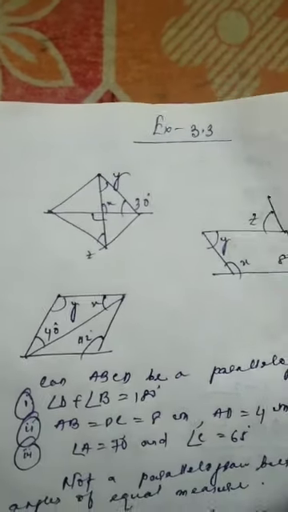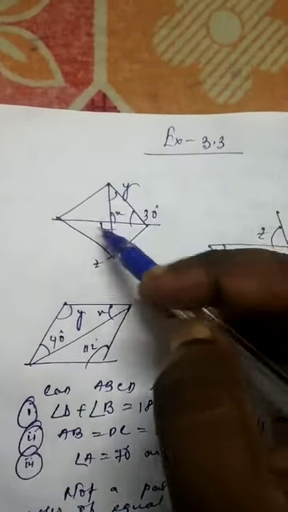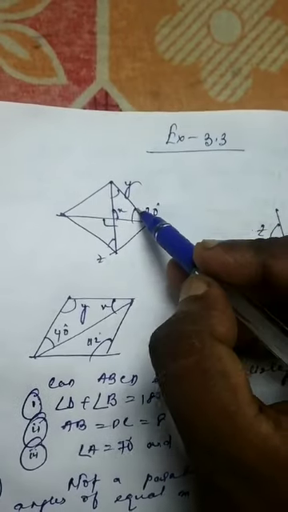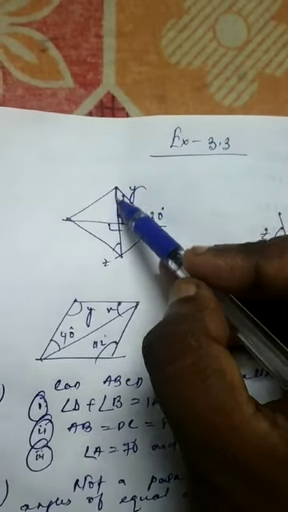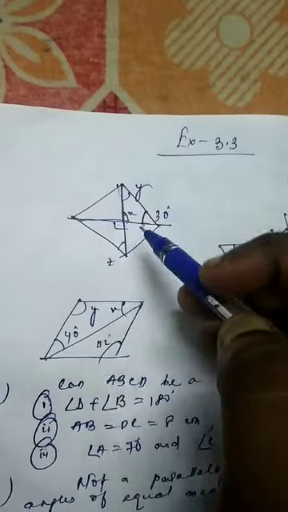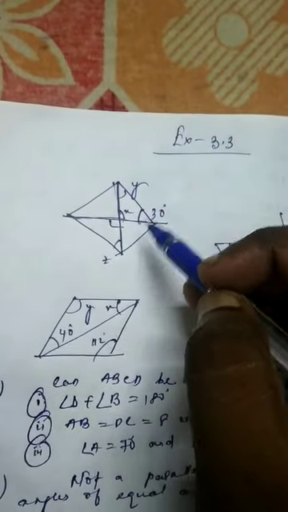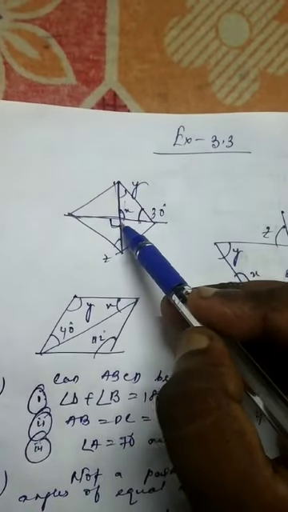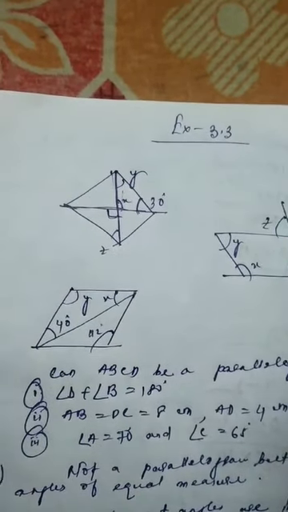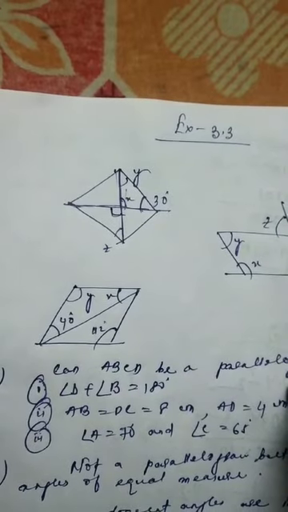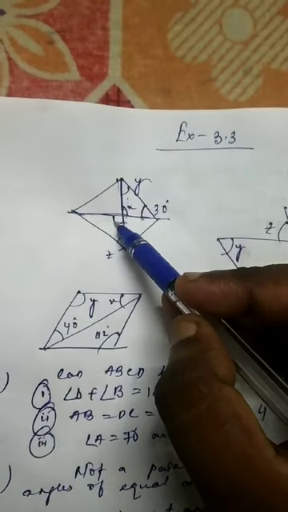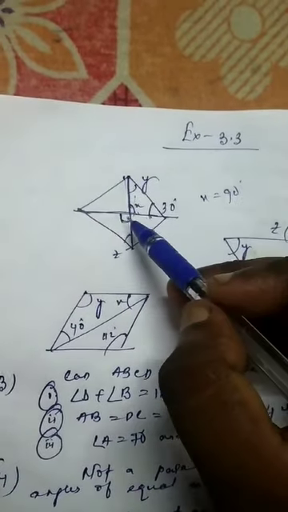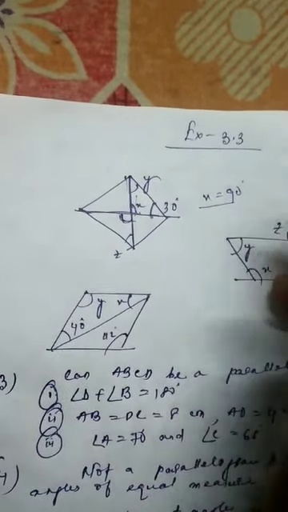In this particular figure, the measure of this angle is x. This angle is x, and this angle is 30. Here are the two diagonals. The two diagonals are bisecting and they are perpendicular on each other. So here is the angle that is 90 degrees. So of course, as we know by the properties of vertically opposite angles, if this angle is 90, the measure of x must be 90. If the measure of this angle is 90, the measure of x will be 90 only.